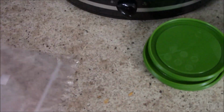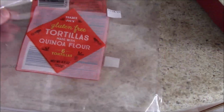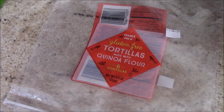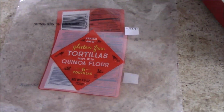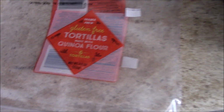I wanted to give a little review on these. They're really hard to make breakfast burritos with. They're very gluey and very chewy. So, I mean, it's fine. I think I would have preferred to have breakfast bowls instead, and I am gonna,